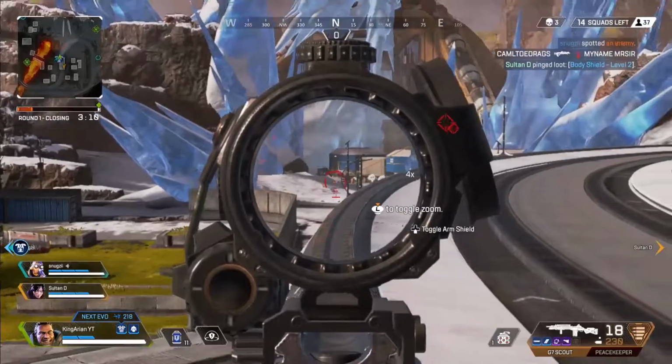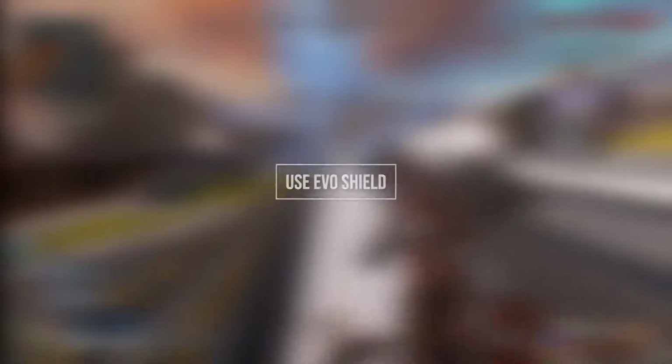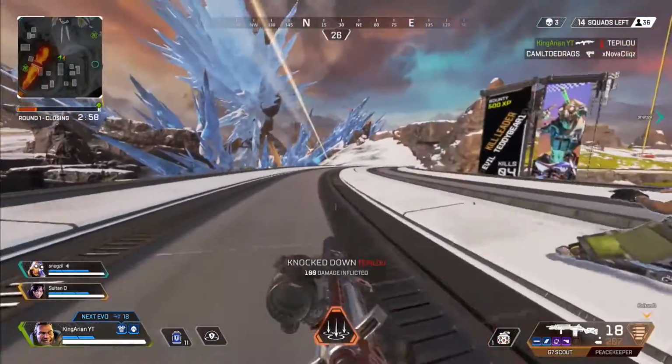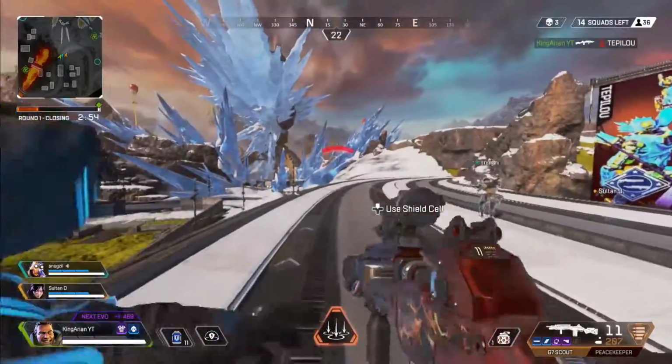And the second tip I have is picking up an Evo Shield. Respawn has recently put the Evo Shield into the game from pubs to ranked. A nice thing about having the Evo Shield is it's very convenient when you're trying to unlock the 4K badge. The Evo Shield acts like a marker for you, and I say it acts like a marker because before you